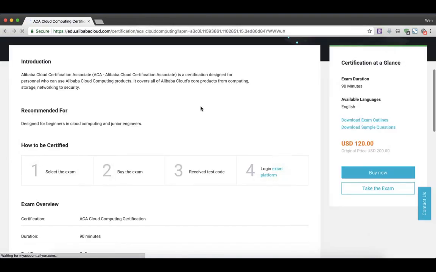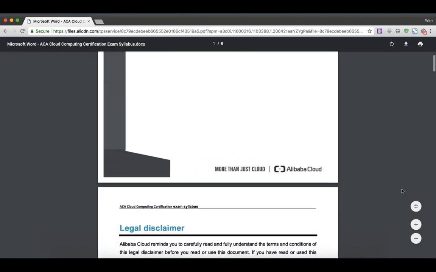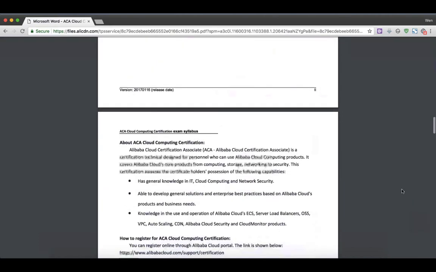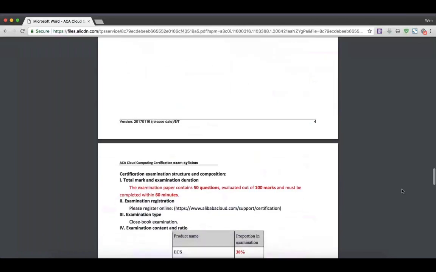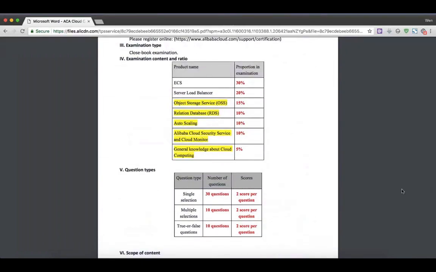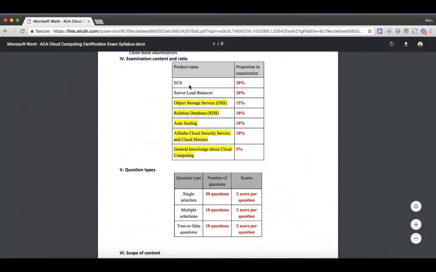Okay, so that's all for the example questions. And also let me provide a small tip to help you prepare for the Alibaba Cloud ACA exam. In the exam syllabus, you should note that in this page, there's a ratio of the cloud products that are covered in this exam. So I do strongly recommend that, for example, you see ECS in here,